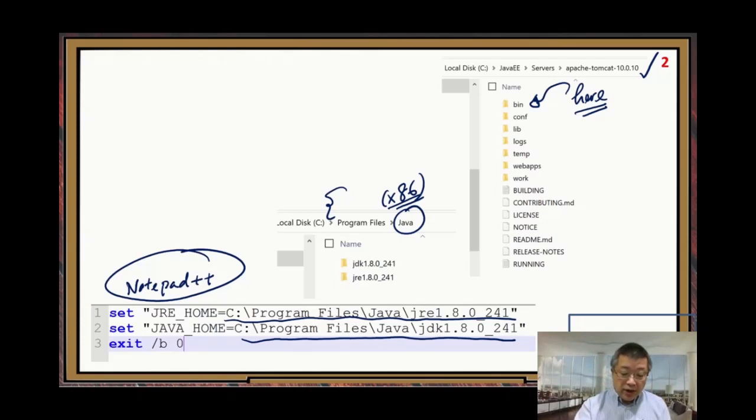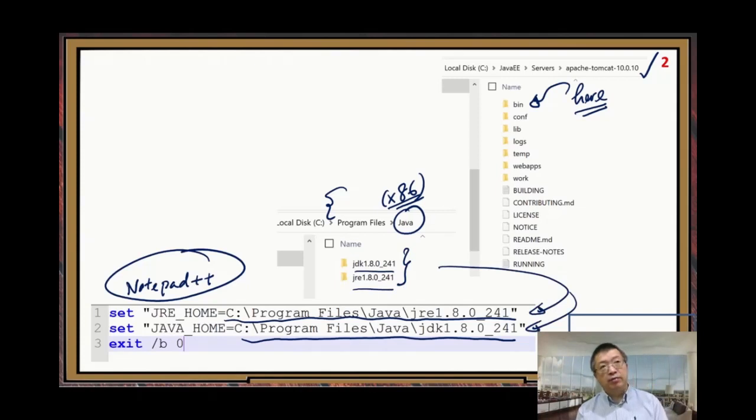Anyway, make sure that after you find the right location for your Java, you modify the environment parameter values for these two lines. When I do it, I do not type, because you need to be very careful with the file name. Here I use copy and paste. You put your mouse cursor here and click once, then the whole path